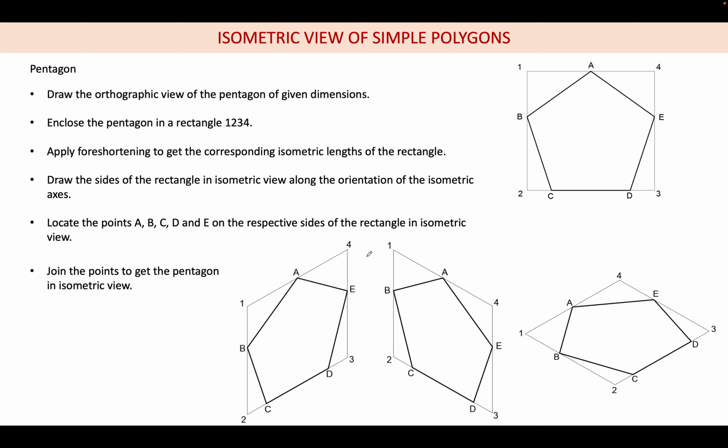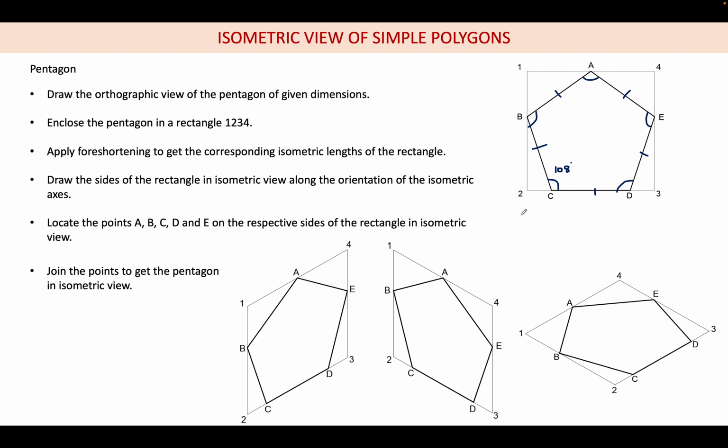So next is pentagon. So pentagon, as we know, in the orthographic, when we are seeing the true shape, all the angles will be 108 degree. All the angles will be 108 degree, and all the sides will be equal. But in the isometric, this 108 will change. So how to